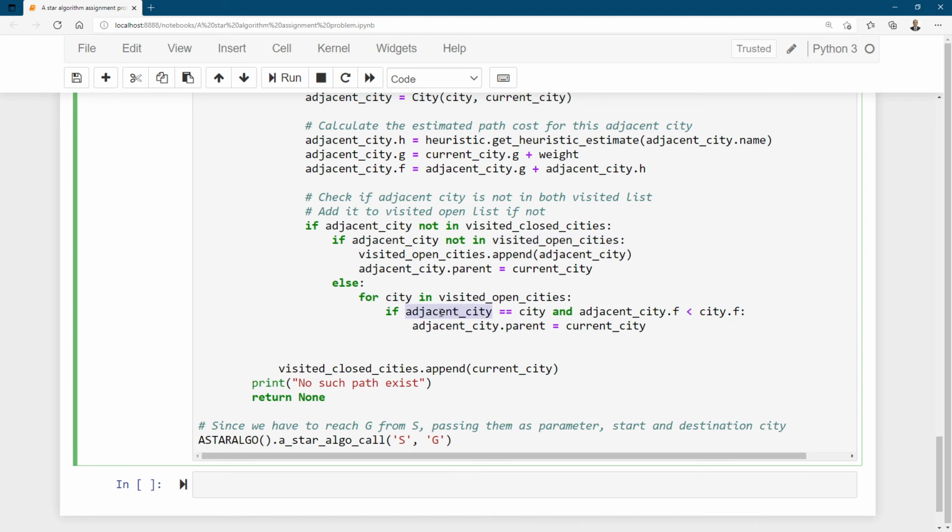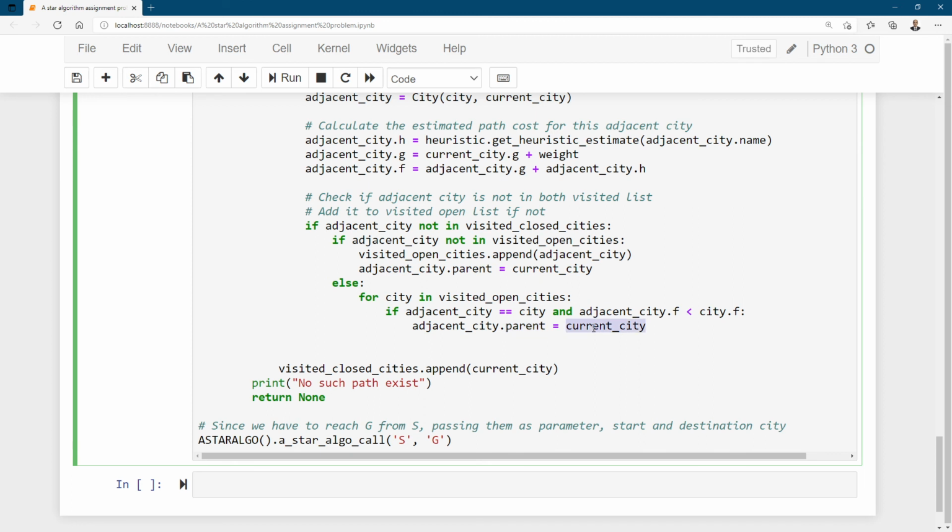If this adjacent city which we have visited previously is equal to that city and the estimated path cost is less than the path cost we calculated previously, then we will consider this as our node eligible for exploration. Then we will update the parent of this adjacent city to the current city.